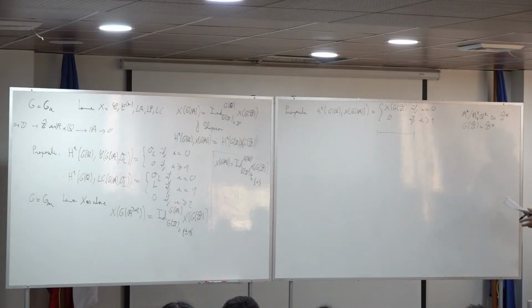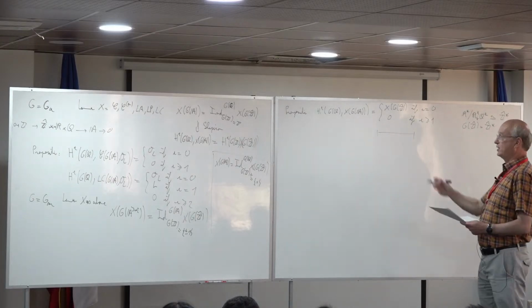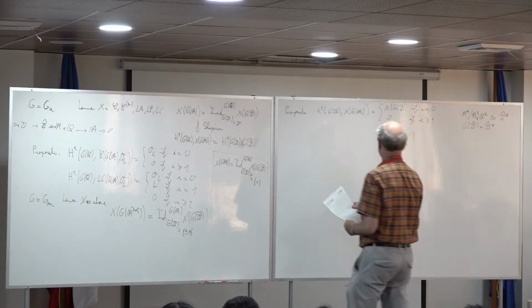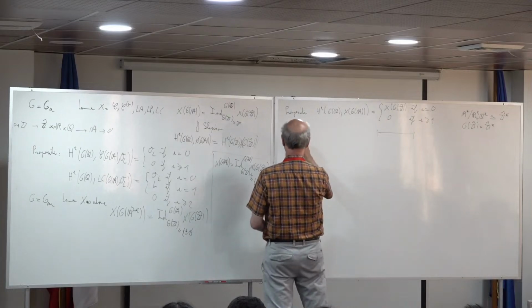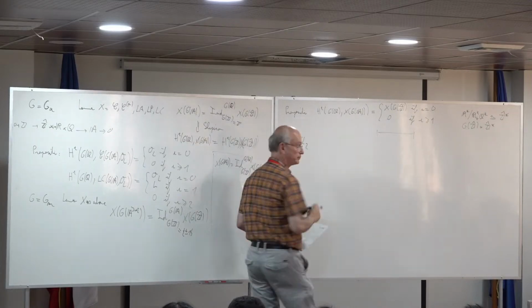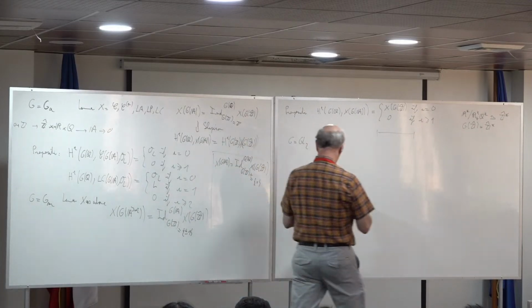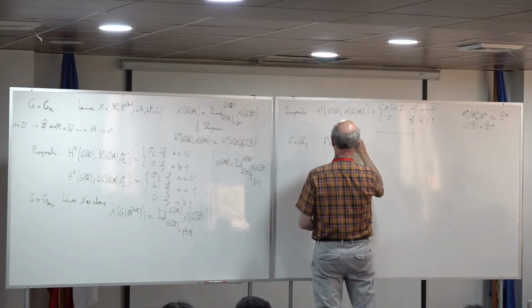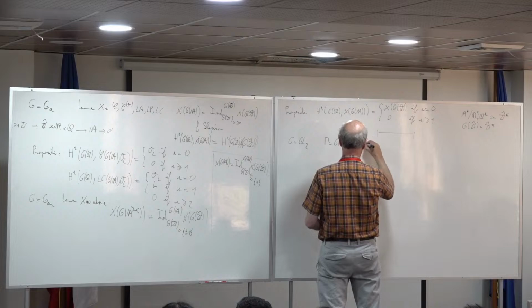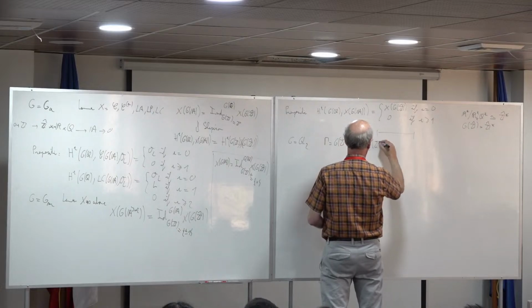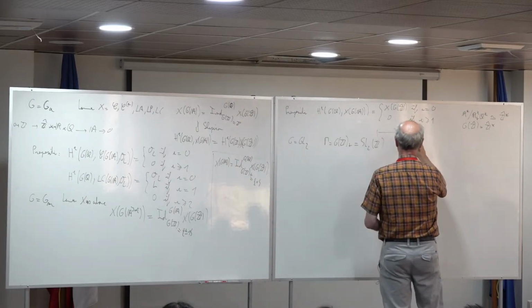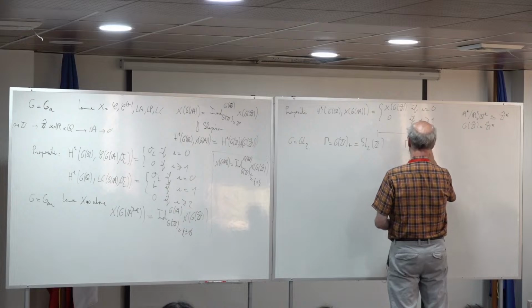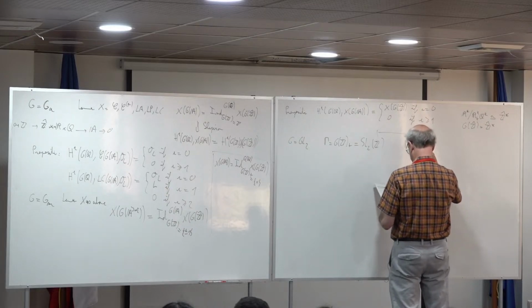Okay, so that's already some non-completely trivial results. But let's go to a more interesting case. So G equals GL2. Then we denote by gamma the group G of Z plus, which is nothing else than SL2Z. So I remind you that this gamma has a nice presentation. So it's generated by